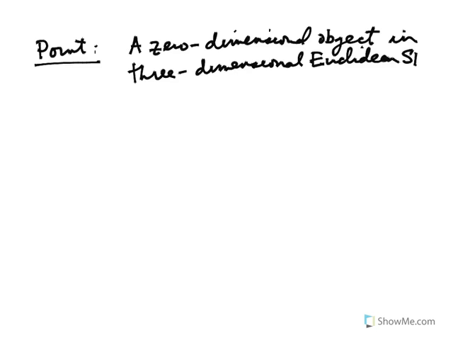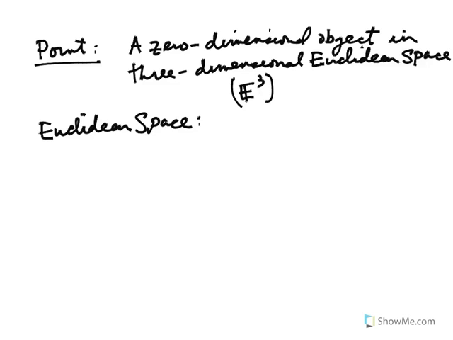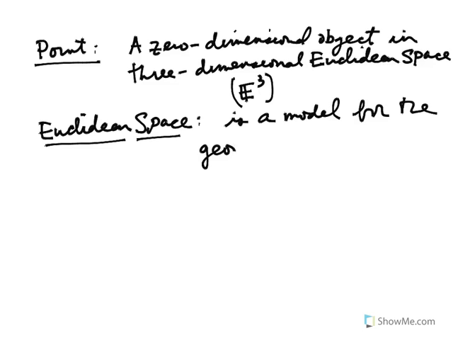Now, Euclidean space is denoted E3. That's Euclidean space. And when we talk about points, what we mean is points lie in three-dimensional Euclidean space, and Euclidean space itself is the physical space in which we live. But what it really is, we say Euclidean space is a model for the geometric space in which